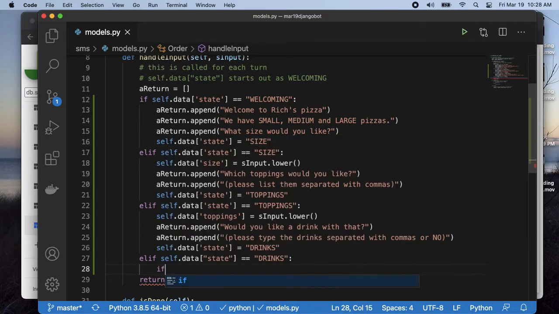So if s input dot lower equals no, except I don't want equals no, let's do it this way. This seems more Pythonish. So if not sinput.lower equals no,